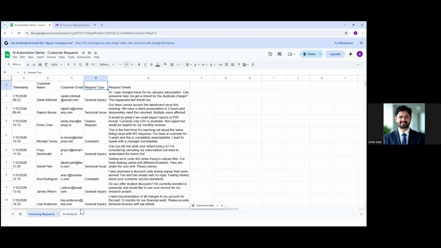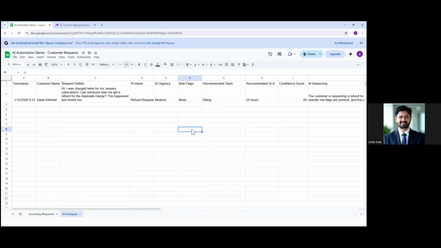So over here, just now I have shown this analysis about intent and urgency. We can always check it against what was the request and what is the reasoning. That is why we are giving an option to reason. But again, this is a generative AI system. It works on probabilistic outcomes, right?